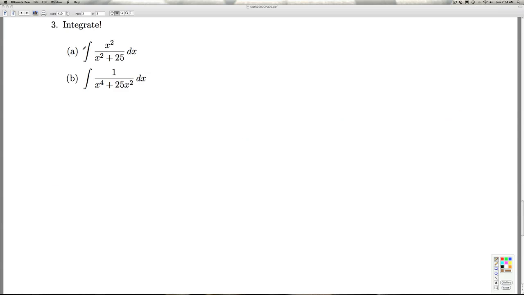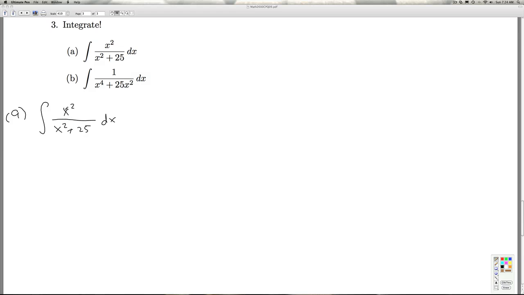Okay, in number 3, we're just sort of upping the ante from number 2 because now I've got an x squared up top. In 2a, I just had a 1. In 2b, I had an x. Now I've got x squared over x squared plus 25. What's the strategy now? Well, since the degree of the numerator is equal to the degree of the denominator, we